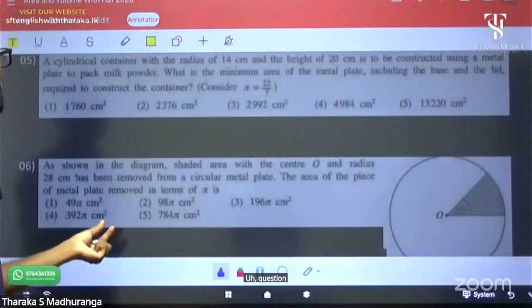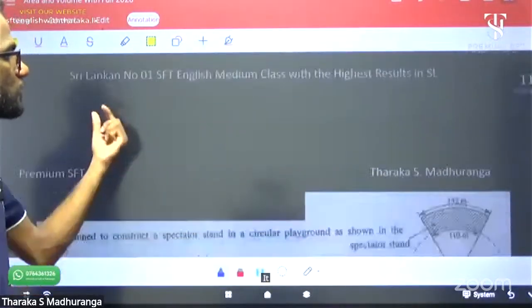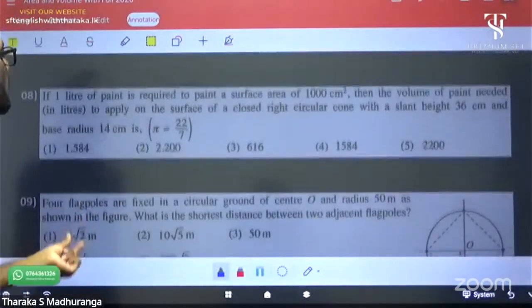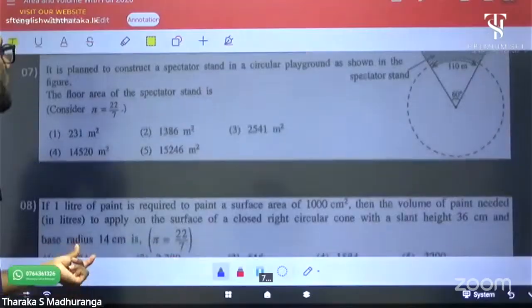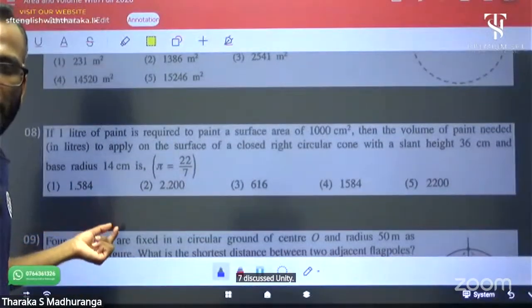Question number 5 we already discussed. It was 10, 7, 7, 7. 7, 7 discussed, Pinuji. 9,